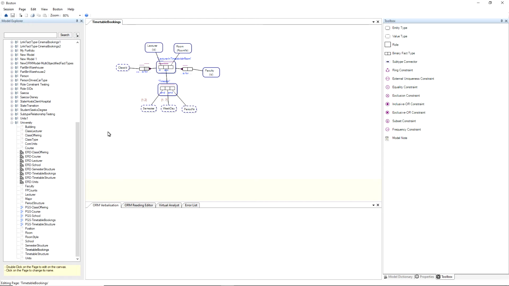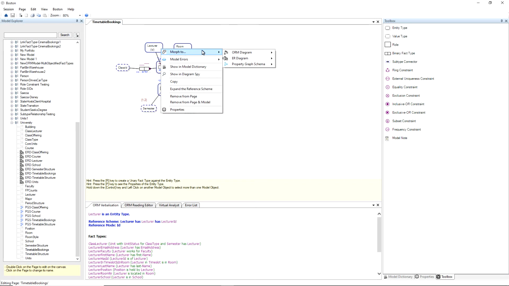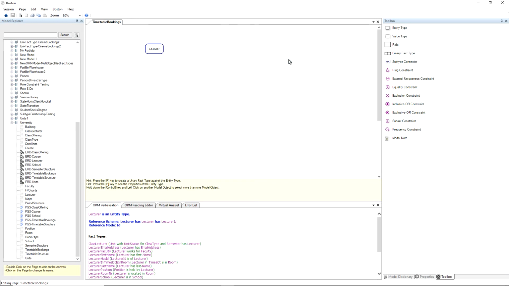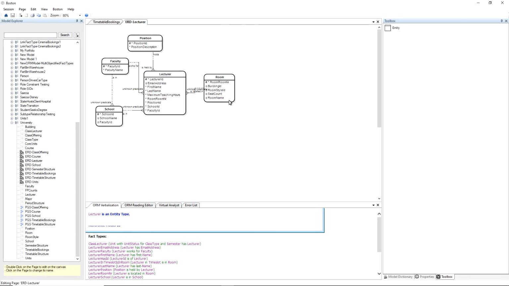We know in Boston that you can view the model as an ORM diagram, object role modeling diagram, or we can go to the equivalent entity relationship diagram or even a property graph schema. We'll just focus on entity relationship diagrams at the moment because we're going to be generating SQL. So this ER diagram, entity relationship diagram, is